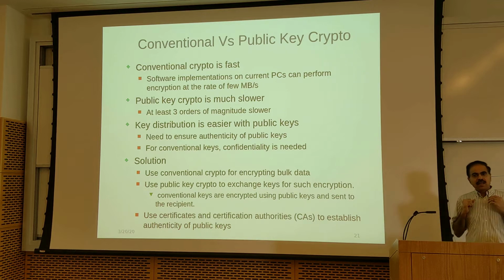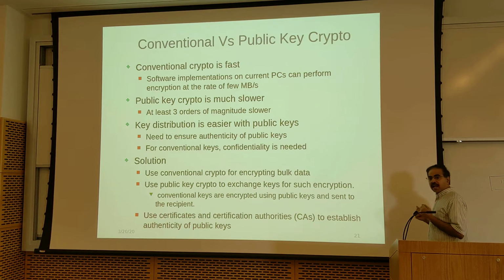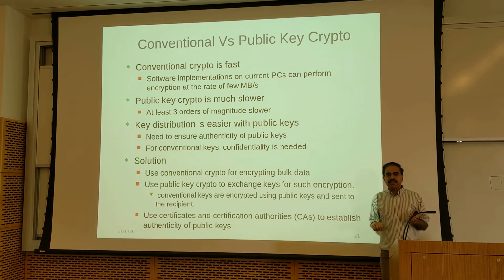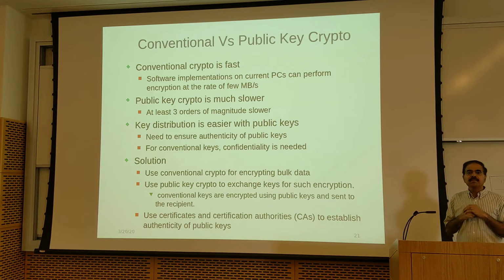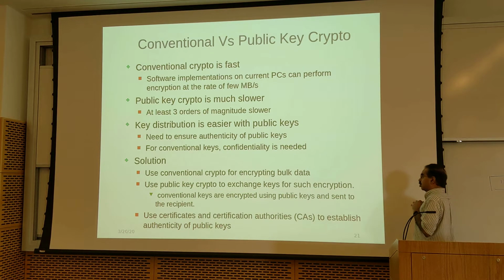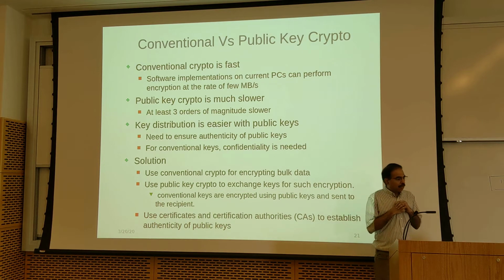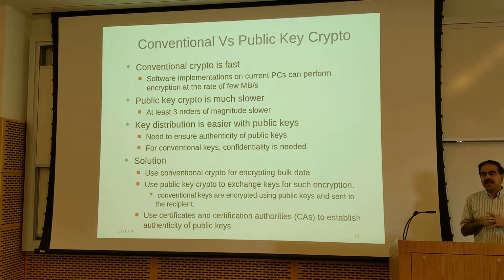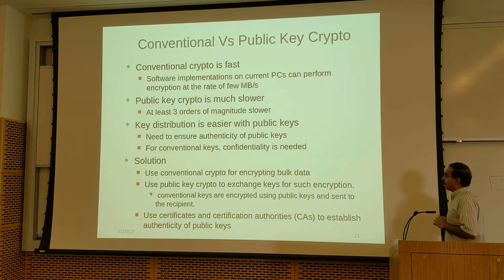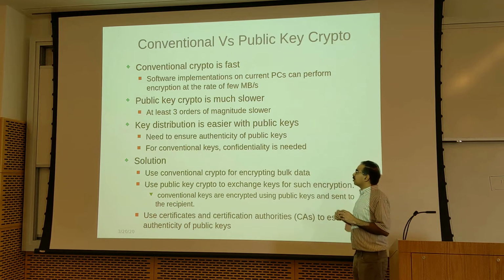Whereas if n people have to communicate using just symmetric cryptography, for n people you need something like n squared keys, because each pair needs a unique key in order to have secure communication between just the two of them. So this means the key generation and distribution is much easier with public keys,